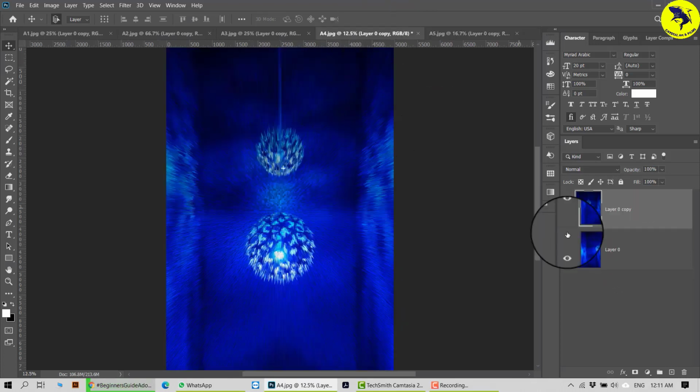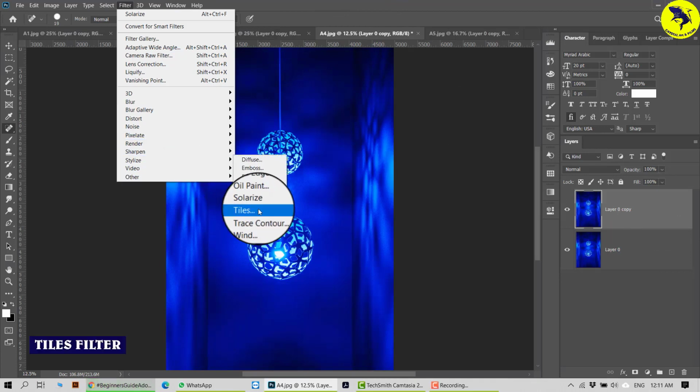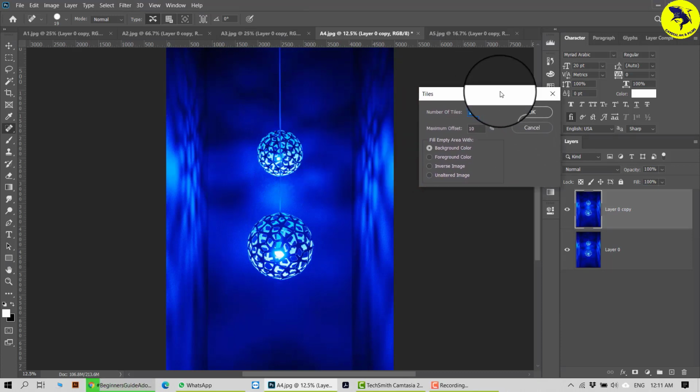Next, this is another picture. I'll go to filter, go back to stylize, and I'll go for tile. So what tile does is it breaks the picture into pieces. It makes it like how tiles are placed one next to the other in a house, but here it will be moved a little away from its precision. So what I'll do is I'll make it 10. Okay, and then comes background color. See, when you break something, whatever is in the background, you will be able to see it, right?